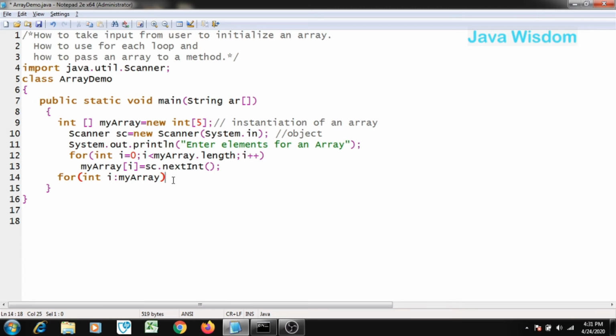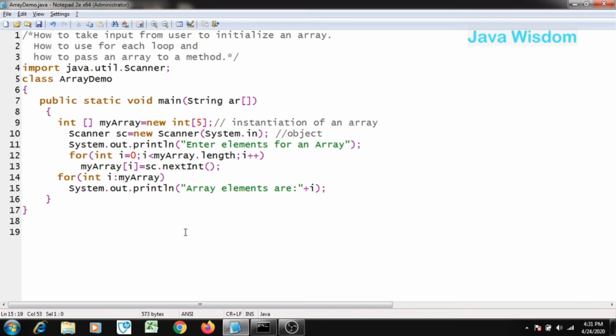So here you can write: array elements are, and provide here i. One by one it will show the elements.